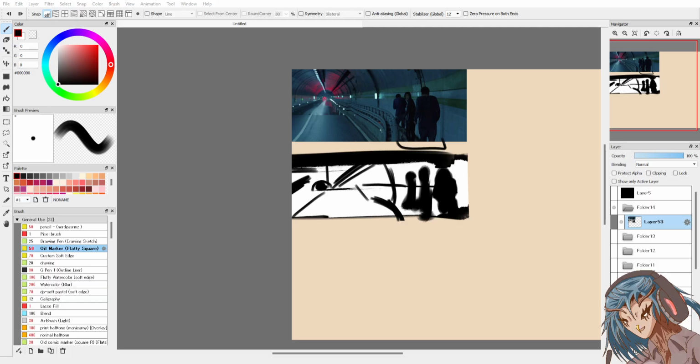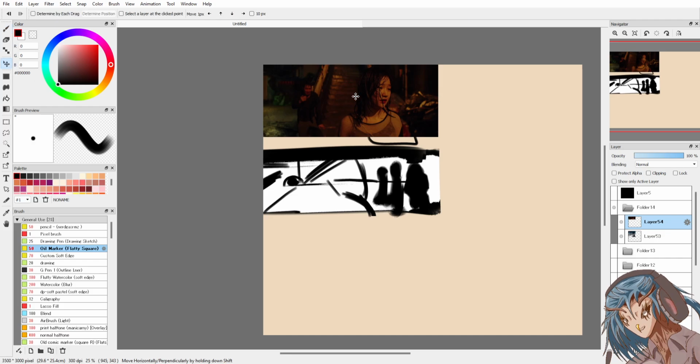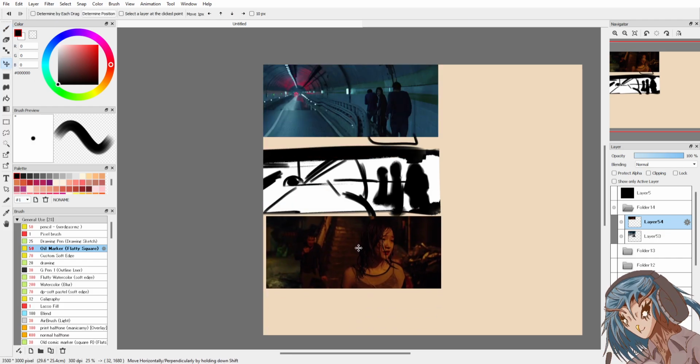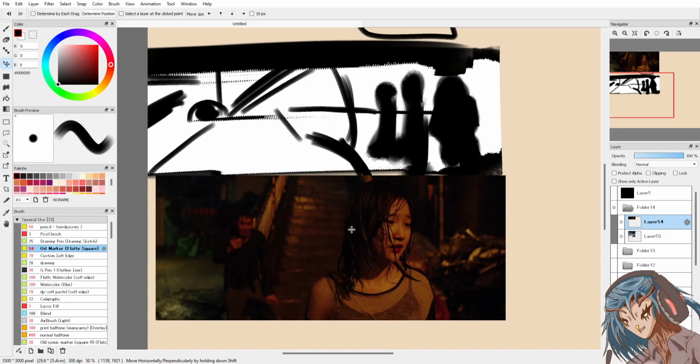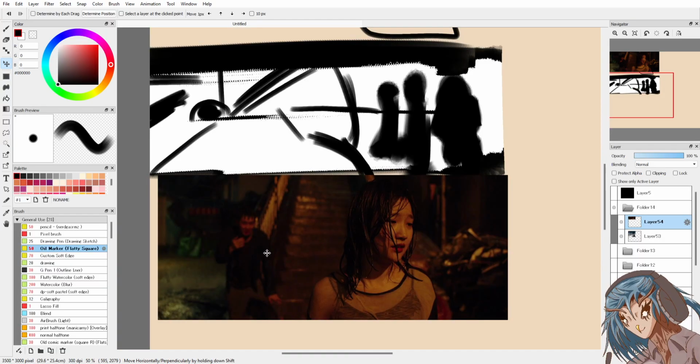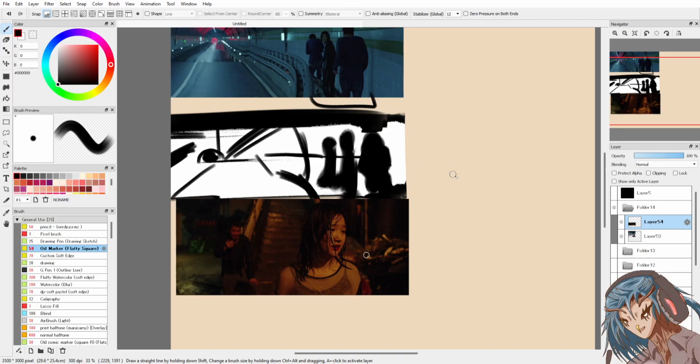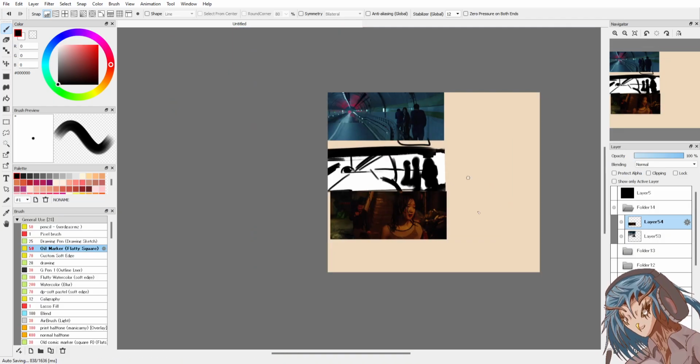Placement of the characters as well. Two character interaction. Emotional beat, I think. It's warm colours, warm hues.